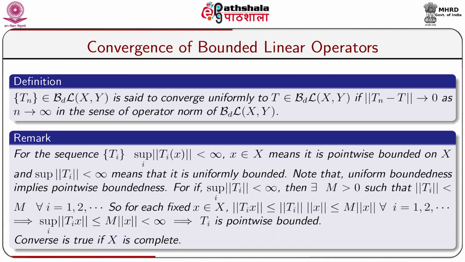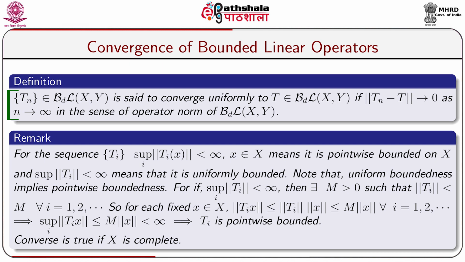Let B(X,Y) be the collection of all bounded linear operators from X to Y, and Tn be a sequence of bounded linear operators from X to Y. Then the sequence Tn is said to converge uniformly to T, which is a member of B(X,Y), that is, a bounded linear operator from X to Y, if norm of Tn minus T tends to 0 as n tends to infinity. Here norm of Tn minus T tends to 0 is taken in the sense of the operator norm,